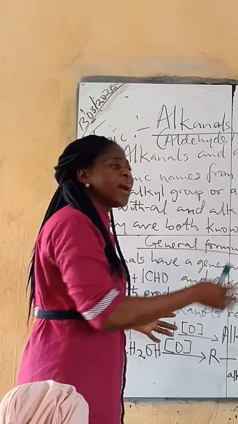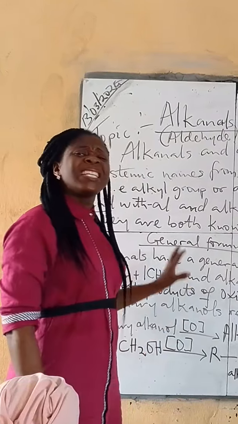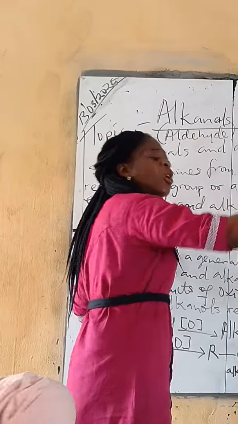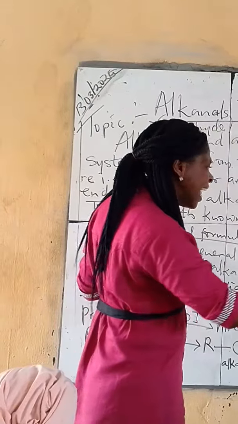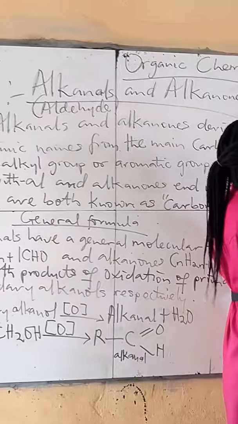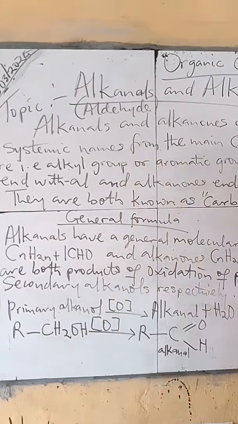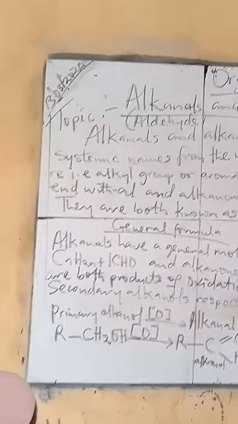when you see a compound, how to know this is an aldehyde, how to know this is a ketone. The aldehyde, their functional group is always found at the end of the compound. When you draw the structure, you always see it at the end. Now this is an aldehyde. You can see the functional group at the end. Then this is a ketone. The functional group is in between. So ketones are always found in between